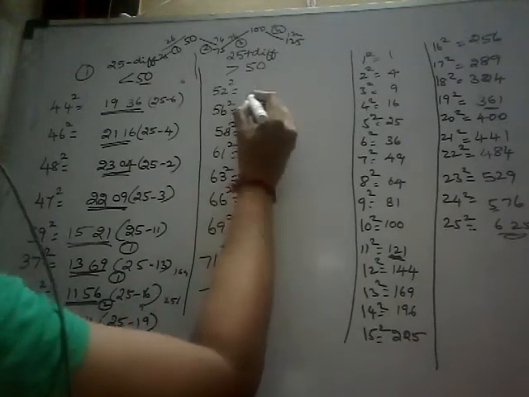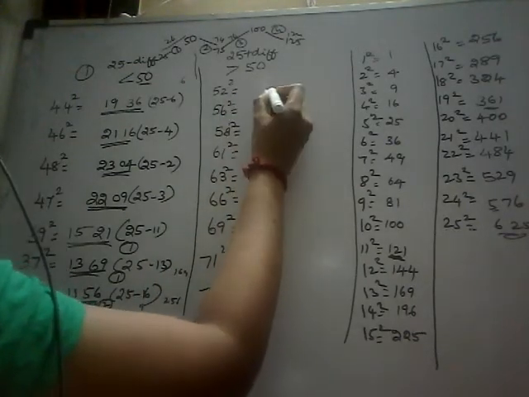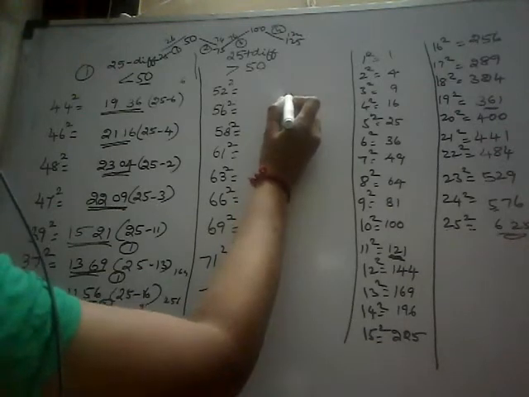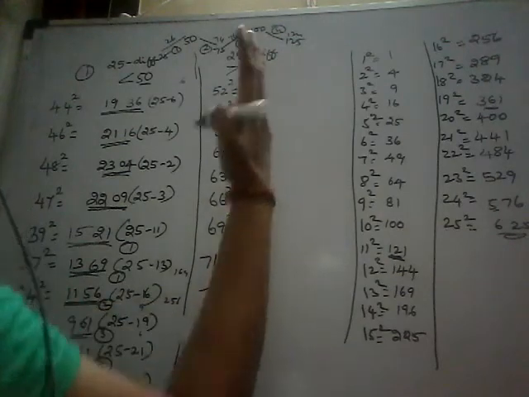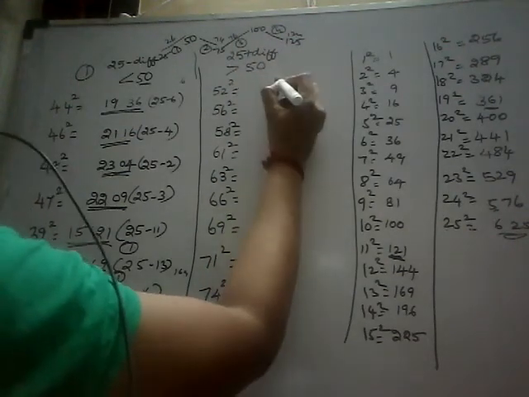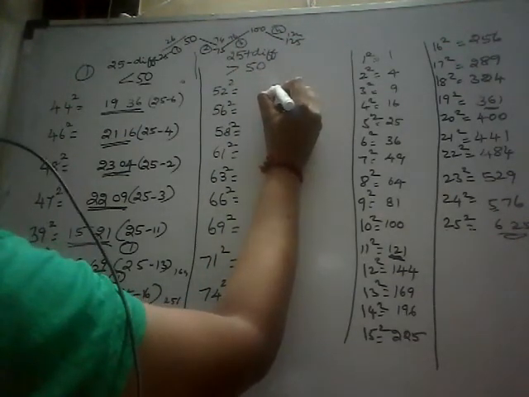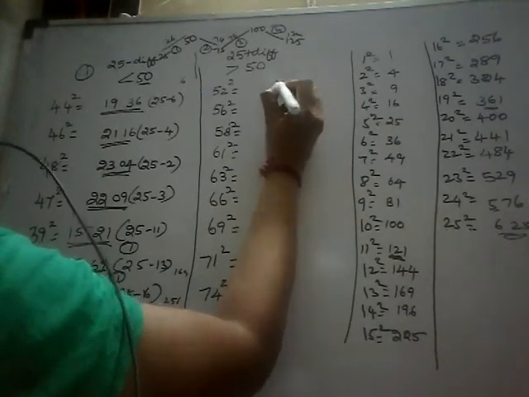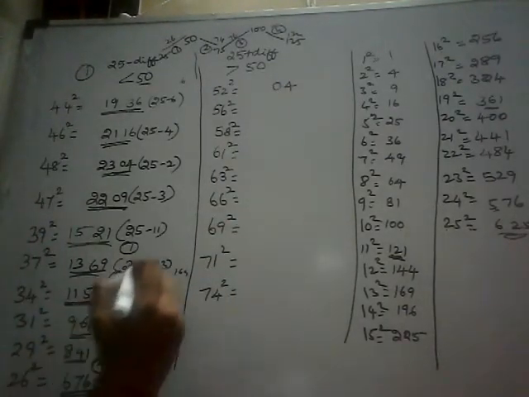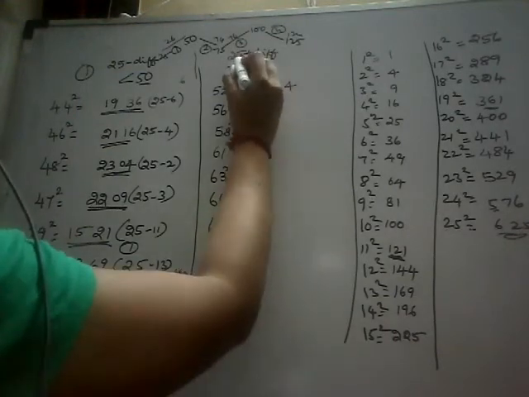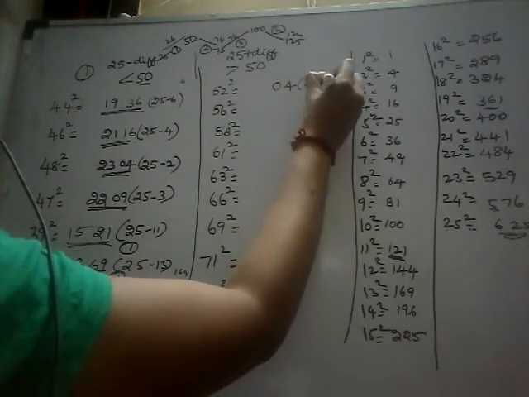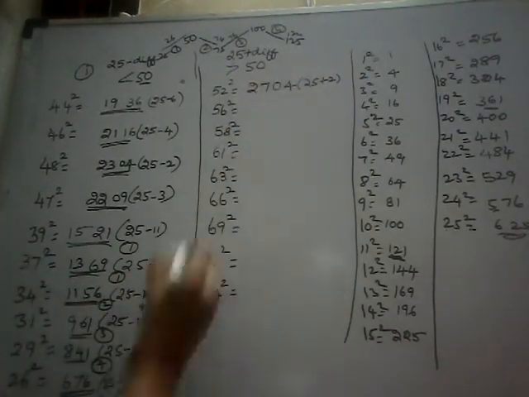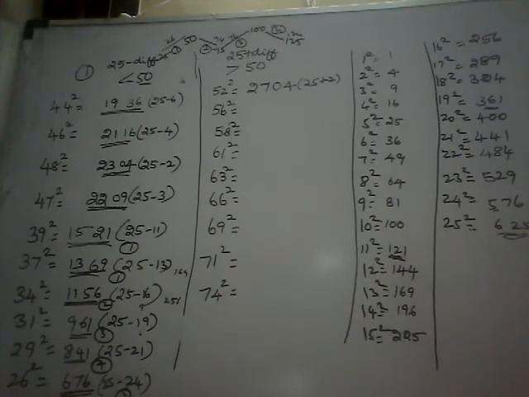Okay, the first step is the difference number square, fill it in the last two digits. What is the difference here? First, 52. Between 50 and 52, 2 is the difference. That 2, square it, so you will get 4. Write it as 2 digits, 04. Next step, add that 2 with the 25. 25 plus 2 will give you 27. So 2704 is the answer for 52 square.